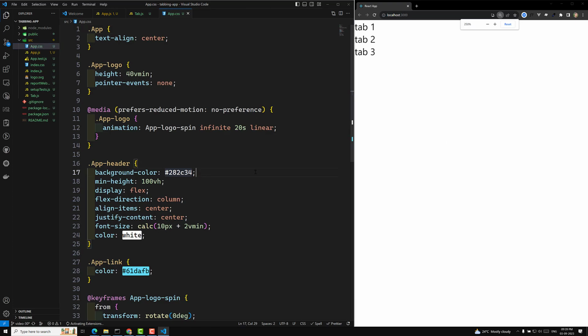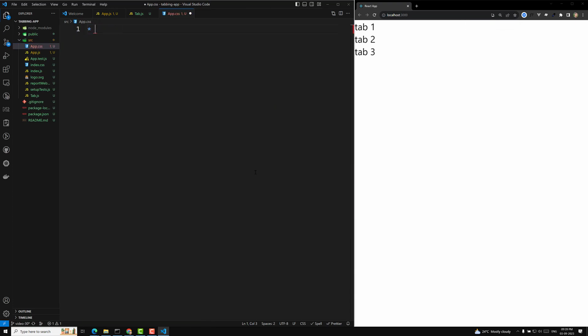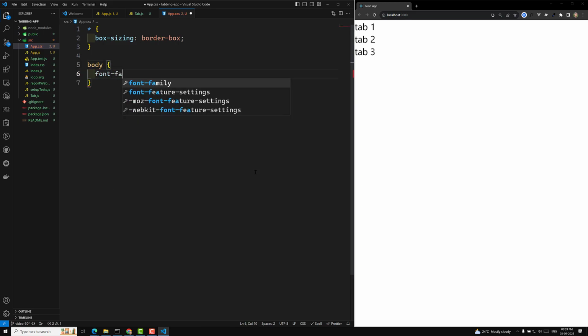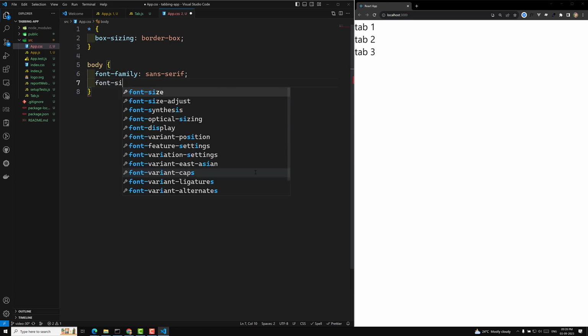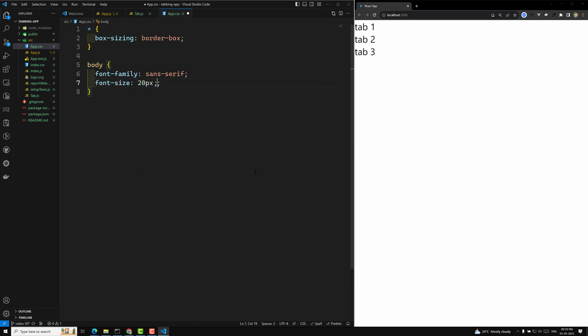trying to do. Here I will remove all these things and star, and I will use the box sizing of border box, and here I can use a body. So I will use the font family sans serif, and font size I can use something around 20 pixel. Fine, let's keep it like this only. And here